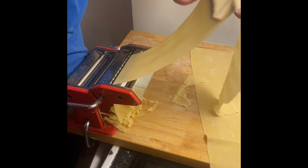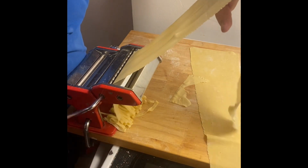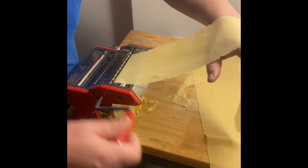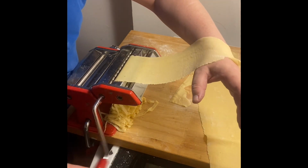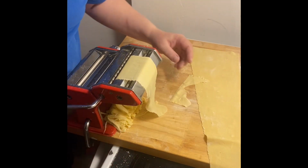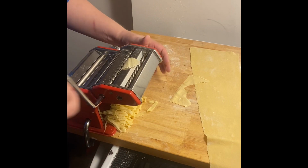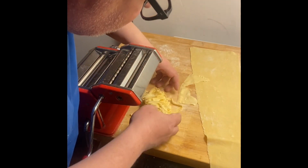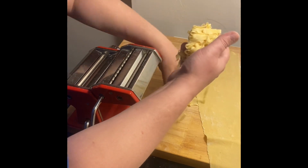And it's paper thin. You can see our hands through it. You could read a newspaper through it. And this is just half a piece of the 3. So that means I have to do this 6 more times. And this is handmade